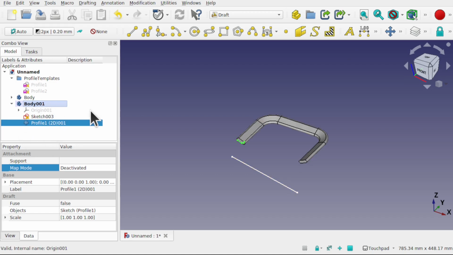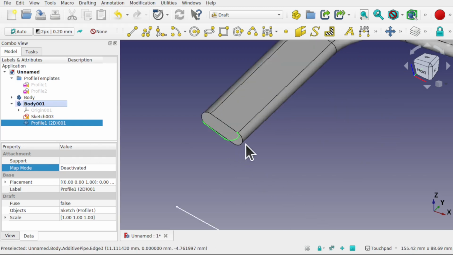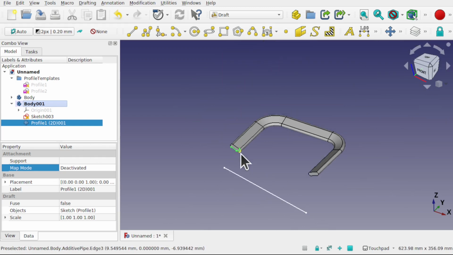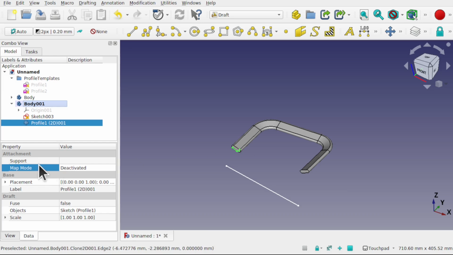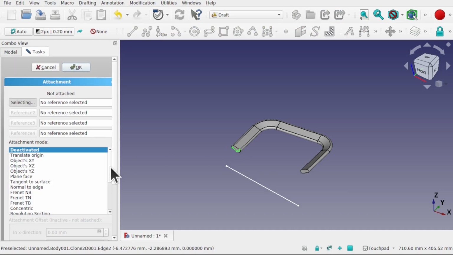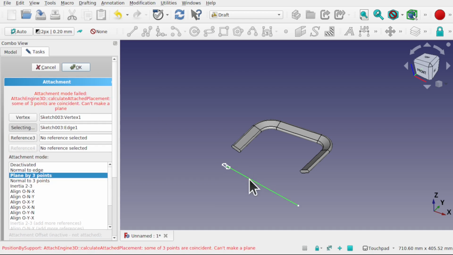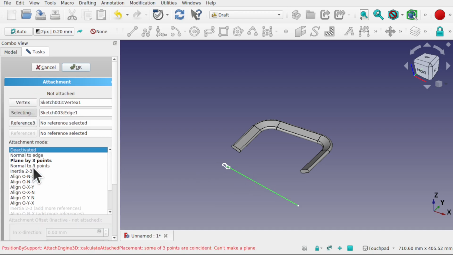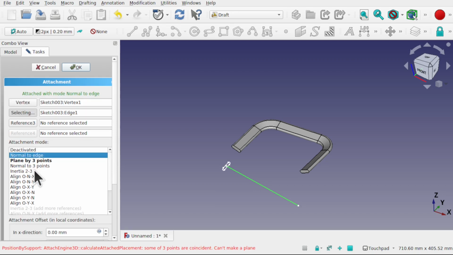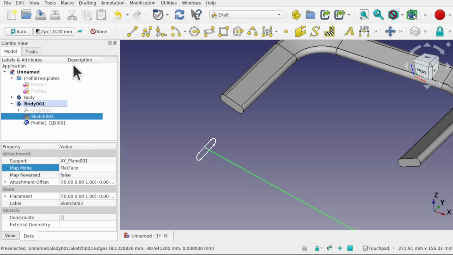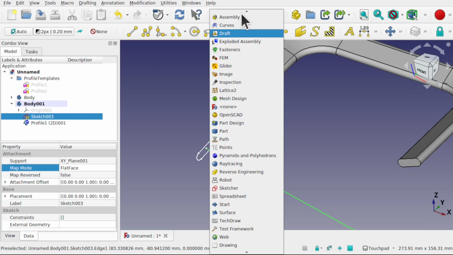Now clones in the new body, I can take that profile and use the map mode. At the moment it's sitting here, still in the original position. So look at the map mode, click on the button at the end, select the point on the new body, and the second reference, we'll select the line and make sure it's normal to edge. Now that's normal to edge, that's okay that. Can come back over to the part design,